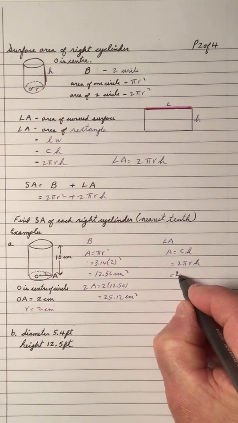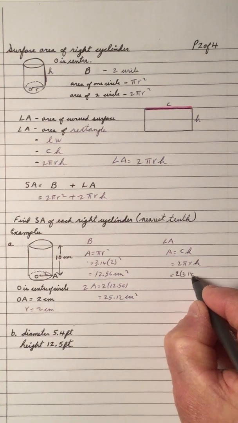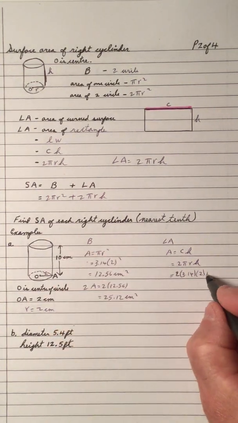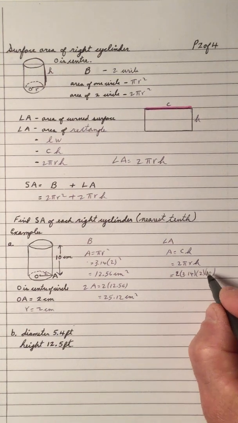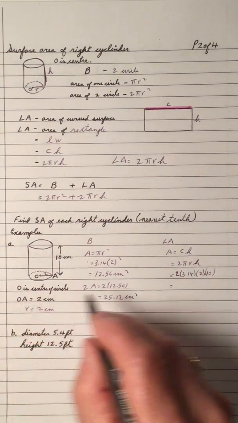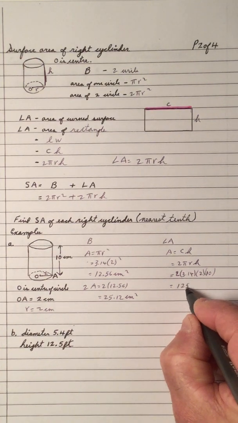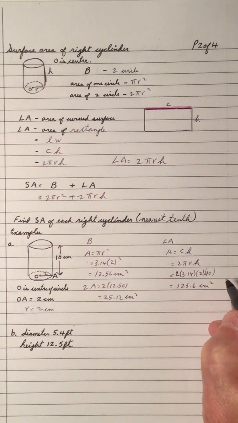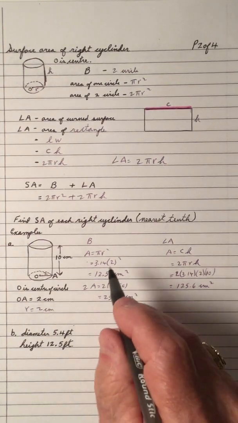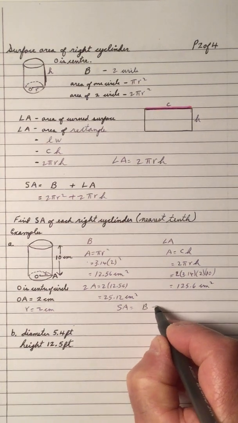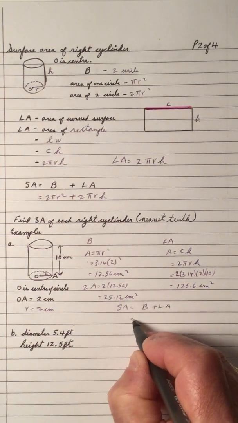So that's 2 times 3.14 times the radius, which is 2, and the height is 10. When you put all that in the calculator and multiply it all out, then you have 125.6, and again it's area, so square centimeters. So the surface area is made up of the base area plus the lateral area, and the total